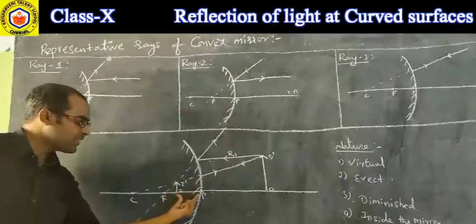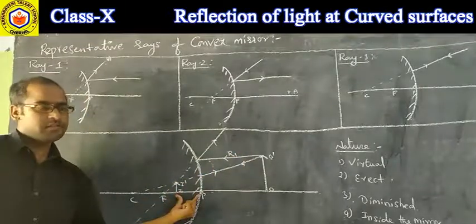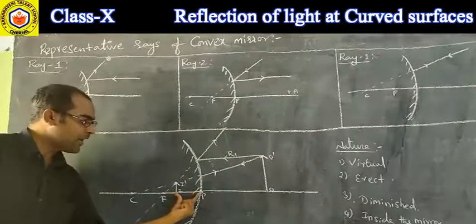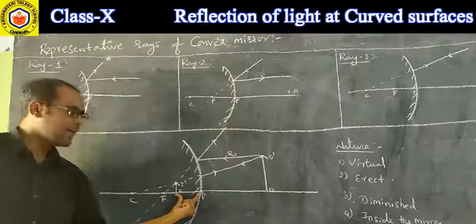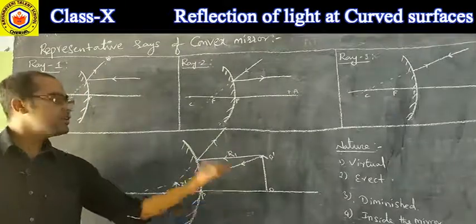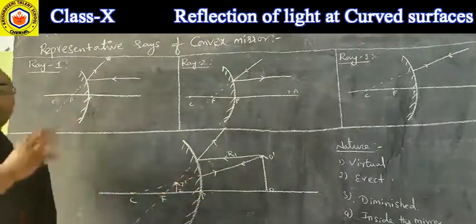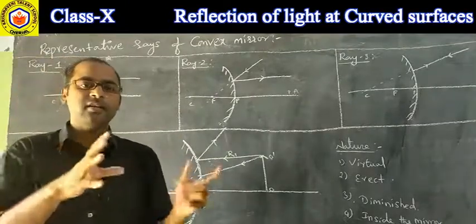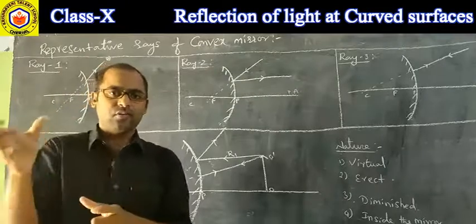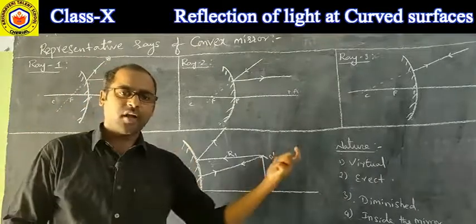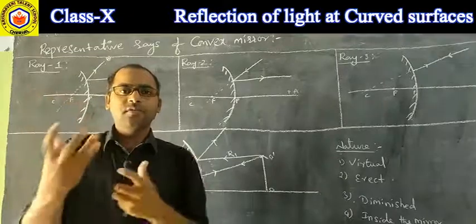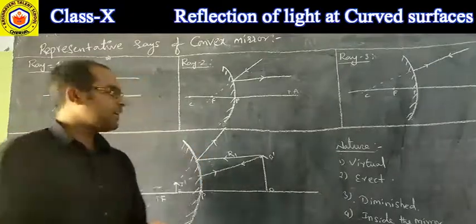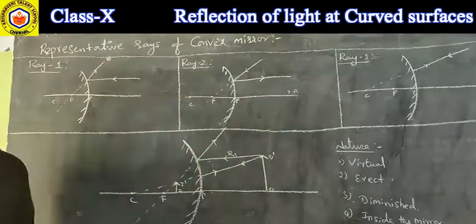But the image distance is this much itself. Yes, so irrespective of the object distance, image distance will be like this. Image distance is always less than the object distance in case of a convex mirror. That is why these convex mirrors are always used in rear view mirrors in automobiles, like side mirrors of bikes and side mirrors of cars, in all these, to observe the vehicles which are coming from behind. Yes, so to observe like that, these convex mirrors are used.